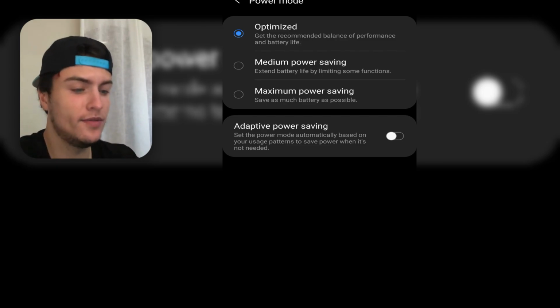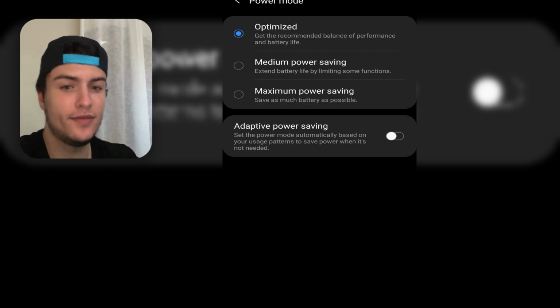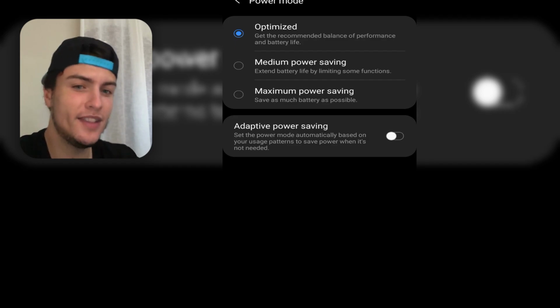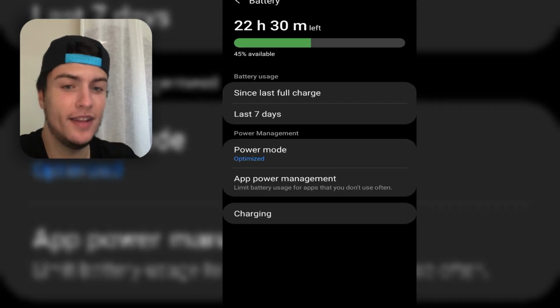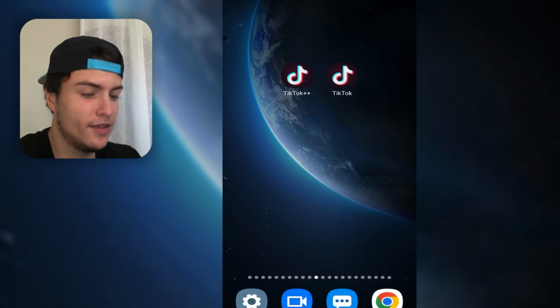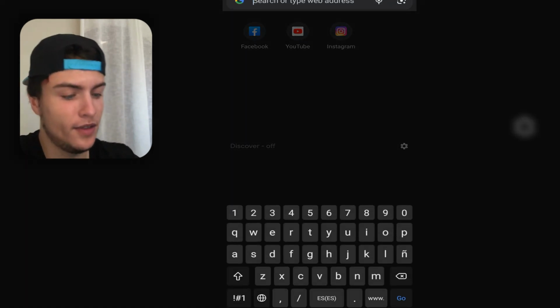This is important because we're going to install this through the browser that we are using. And sometimes if you have some mode that is saving battery, it doesn't start. This is the reason, because it's trying to save battery and it's not starting the process. So yeah, just make sure you have this like this, and now we can start the installation. So what we're going to do now is basically open our browser. You can open Google Chrome or Safari, and then here on the browser we are going to access